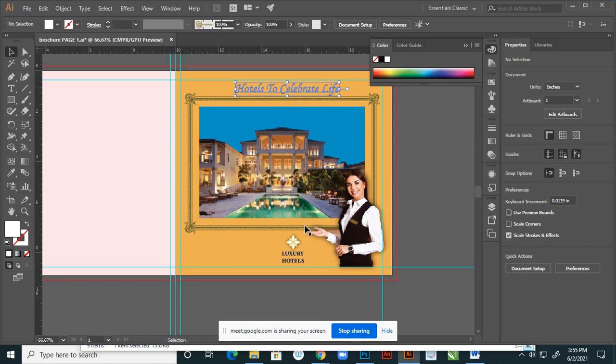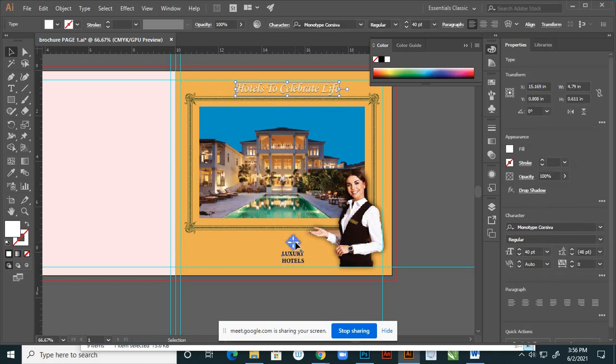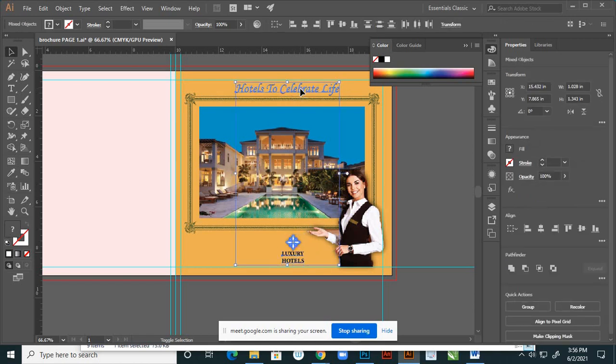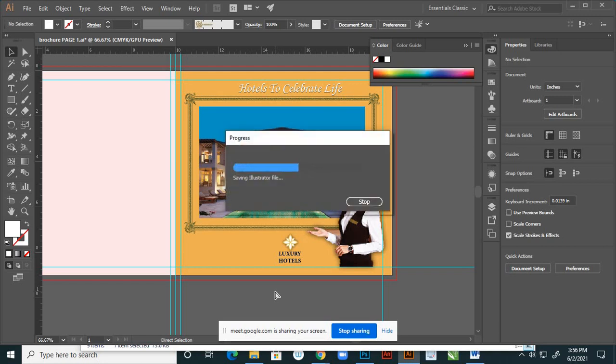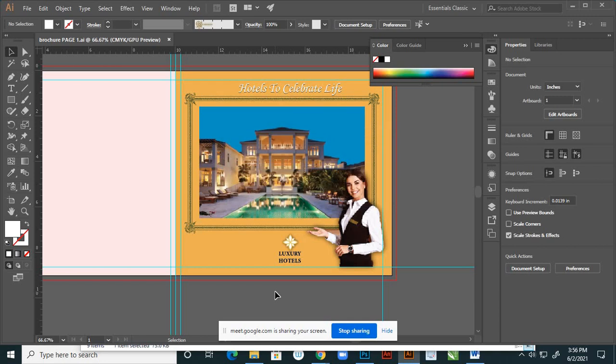So select this text and this logo, these two, and click on Horizontal Align Center. Yes, it is aligned horizontally. Now Control S.